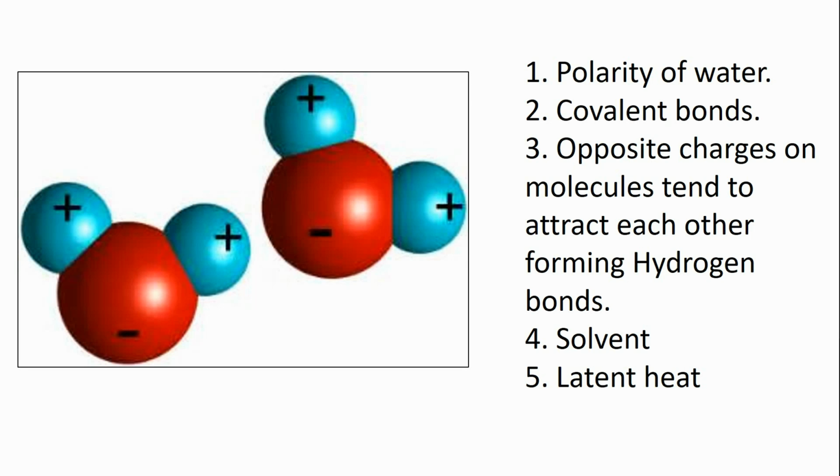They become negative and positive poles. So we've got a very negative region and a very positive region. So the polarity of water, think poles. We've got a north pole and a south pole on Earth. We have a negative pole and a positive pole in water, and it's the structure of this water